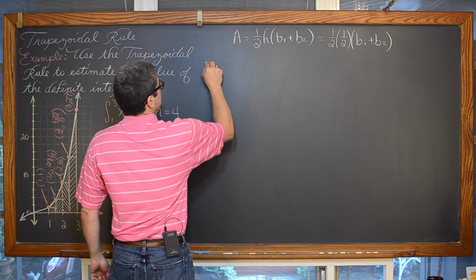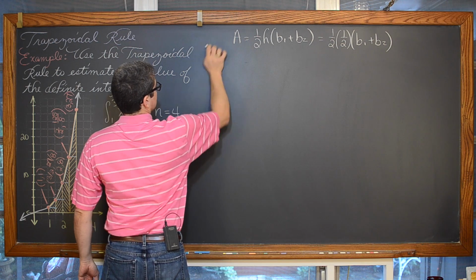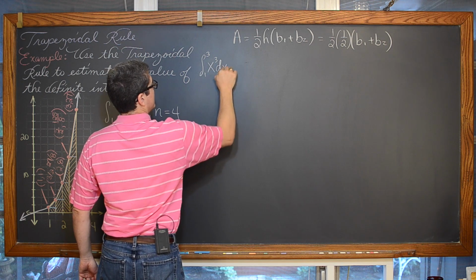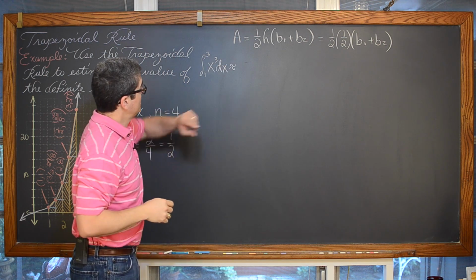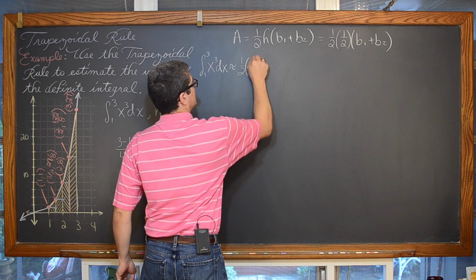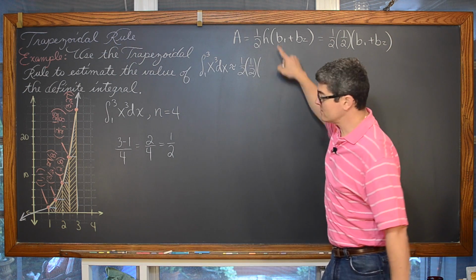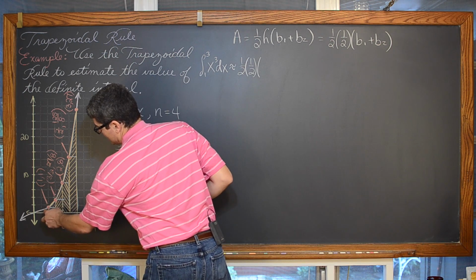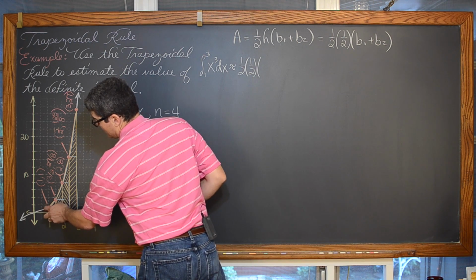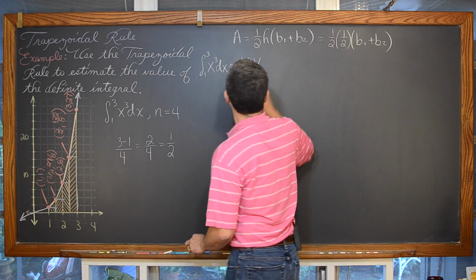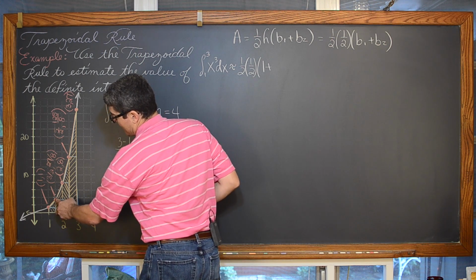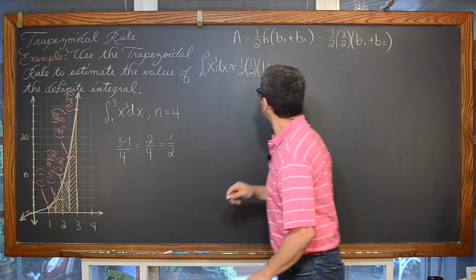So the definite integral from 1 to 3 of x cubed dx is approximately equal to 1/2 times the height of these trapezoids times the first base. It doesn't matter how you do this, because addition is commutative, but I'm just going to go left to right. That base right there is equal, from 0 to 1, to a length of 1, plus our second base right here. So I'm looking at our first trapezoid, and that base is going to be 27/8.